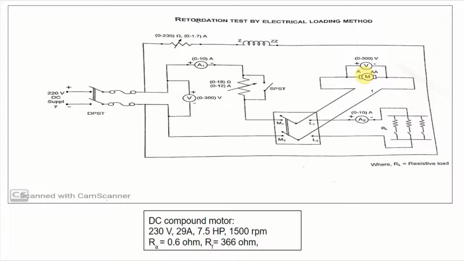In the first part of the procedure, we cut off the armature from the supply and keep the field excited, using this DPDT. Initially this DPDT will be in the M1 M2 position, which means that the motor is connected to the supply. Once it reaches its rated speed, we simply open the DPDT switch. Now the supply is cut off and the armature slows down, and whatever kinetic energy is stored will be used to meet the stray losses. We note down the time taken by the armature to slow down.